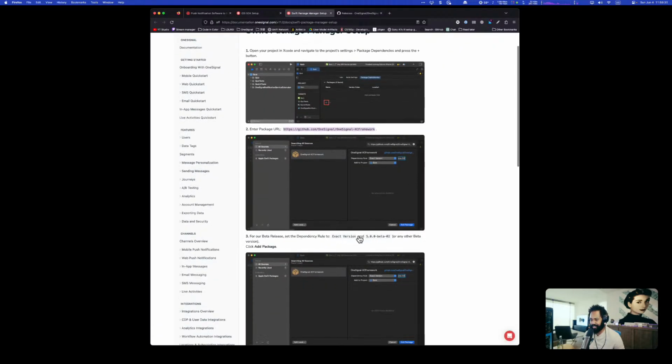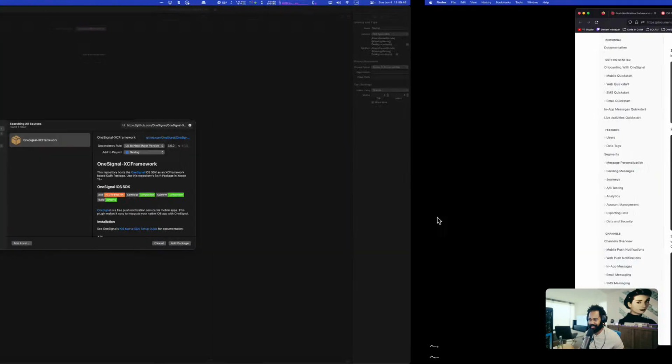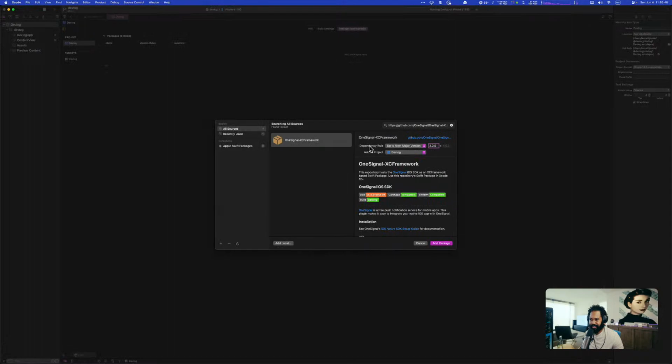And I think that we say that here. Yeah. So they're saying to use an explicit version, and we are going to do that. So let's go ahead and go to exact version. That's this dependency rule here. We'll just click that exact version. And we're going to do